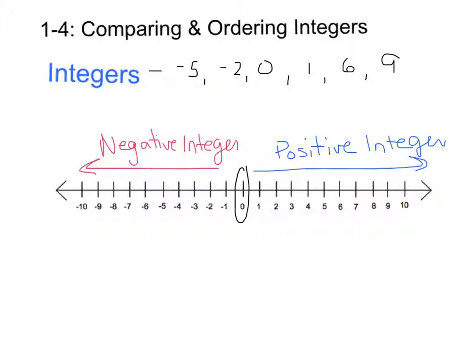So for example, -7 would be a negative integer because of the little negative sign in front of the number, where positive integers would have a positive sign if you were to write it. Most times we don't need to write it. When we begin to look at what's called absolute value,